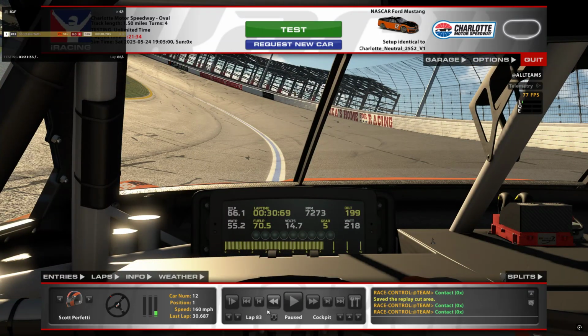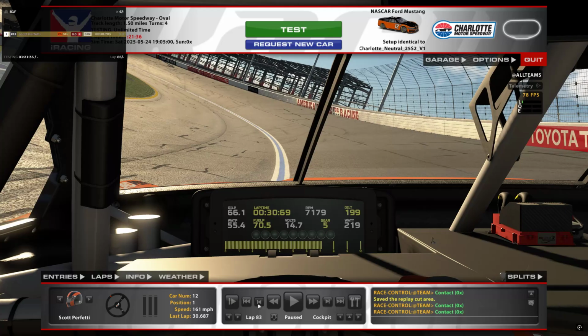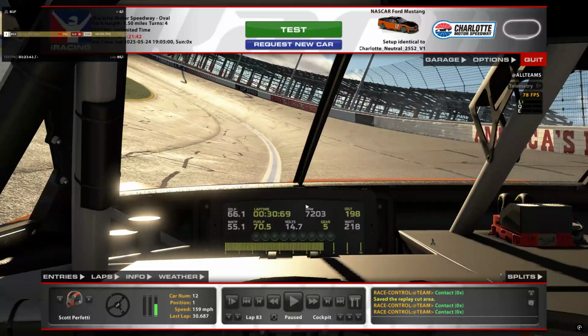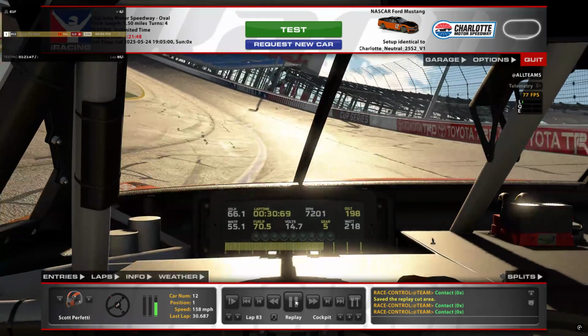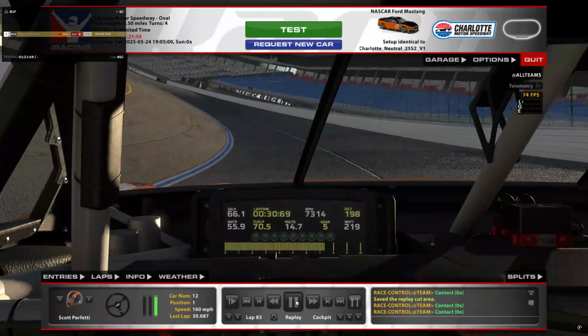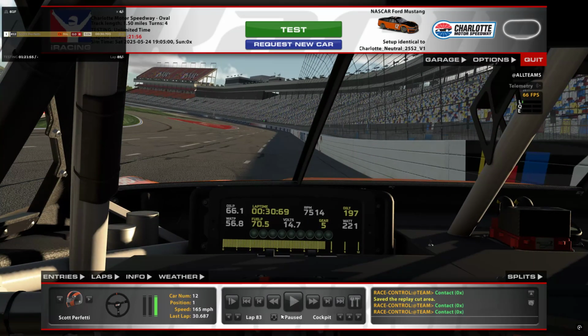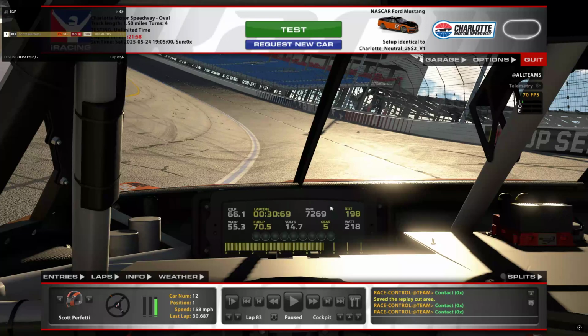And then we are past the Toyota sign again, letting off the brake and then getting right back on the gas. And we're not full throttle, because if you full throttle it too much, it will just push up. And then you aim for the Cup Series sign and come off here. So let me back up a little bit, and to note, if you do push up and your lefts